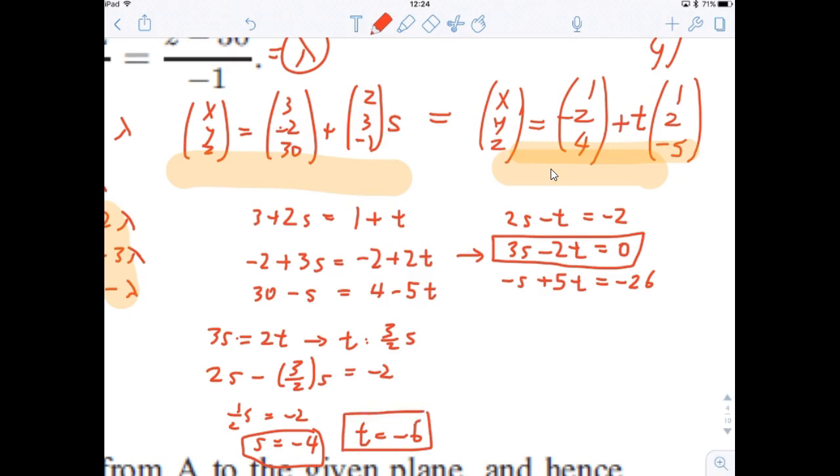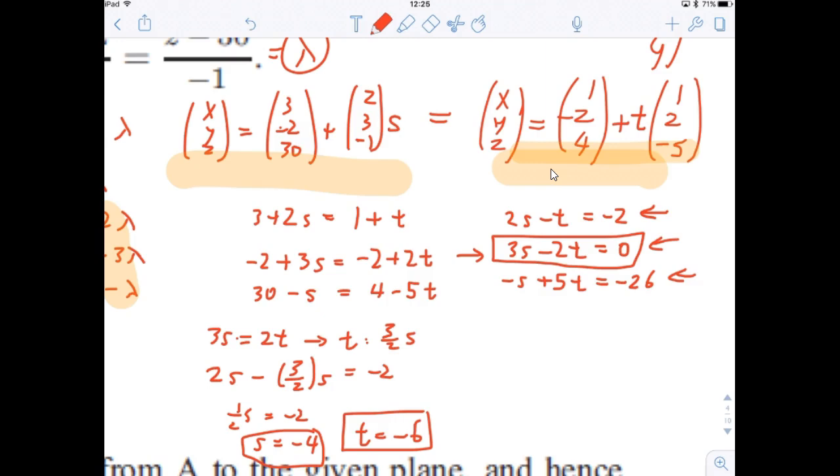And so now we've solved the equation. And so to find out the point where the two intersect, all we need to do is take the S and T and plug it into one equation or the other. And by the way, if you want to confirm that S equals negative 4 and T equals negative 6 is the solution for all equations, you would put it into each one of these equations to make sure it satisfies